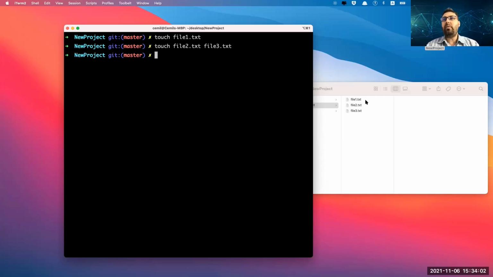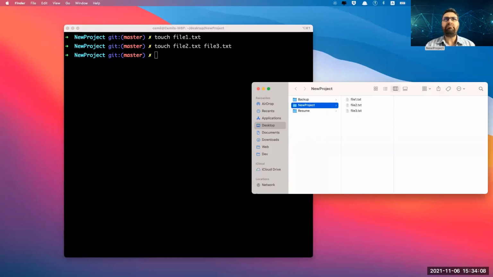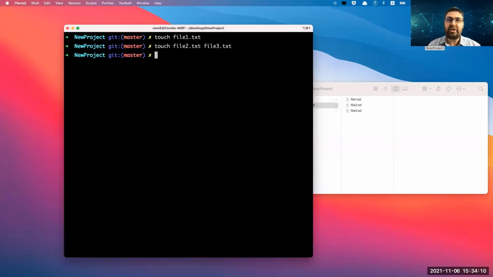Okay, file1, file2, file3. Now I have just created three files. It's not about Git, it's just creating files. It's just Windows or Mac commands, like right click and do things.